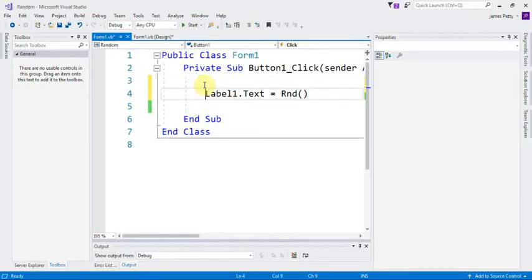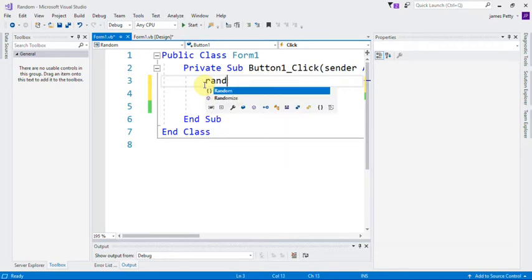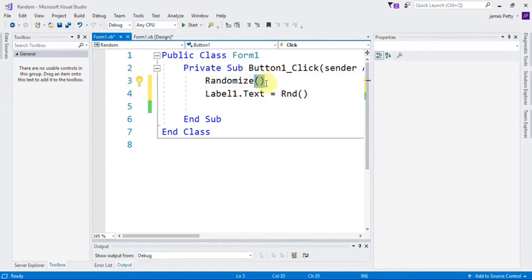Now, to initialize, it's very simple. I just type the word randomize. And it calls up a function. We know it's a function because of the curved brackets at the end. Now when I run this,